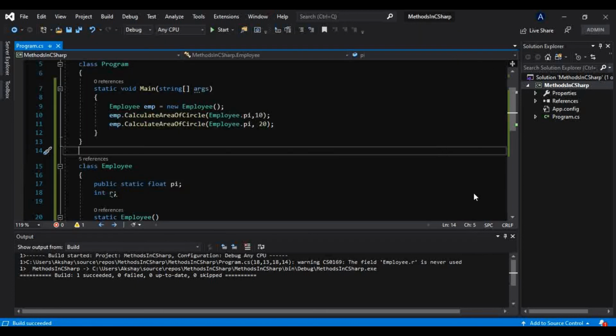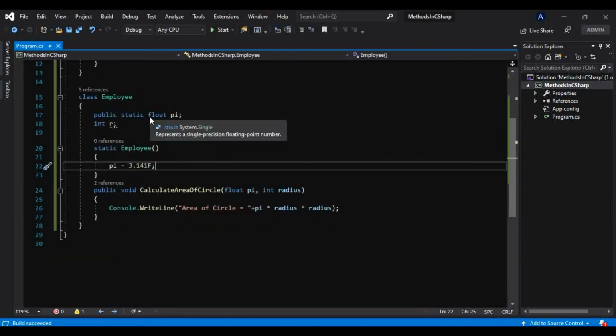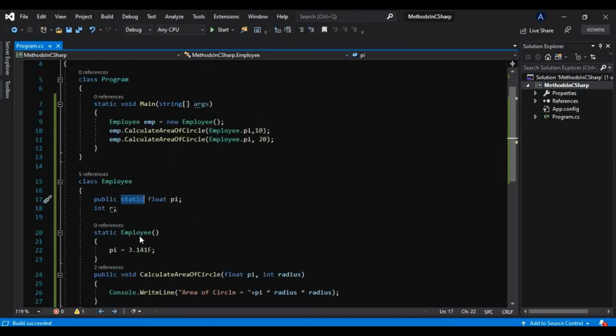So it is giving us the same result, but this time we have marked that field as static, and by making that field static, this static member will be shared by all the objects of this class that we create.